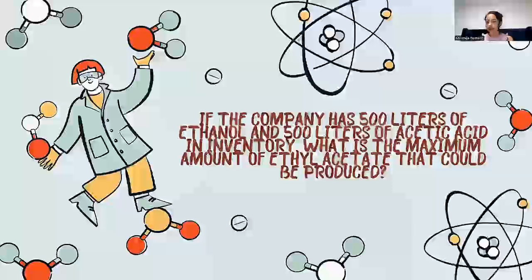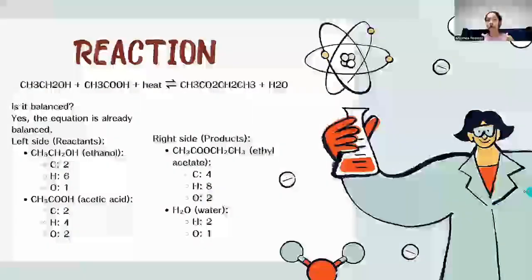Hello, my name is Miranda Romero, and today we're going to answer the question: if the company has 500 liters of ethanol and 500 liters of acetic acid in inventory, what is the maximum amount of ethyl acetate that could be produced? Okay, so first of all, we need to take a look at our reaction, which in our case is this one,